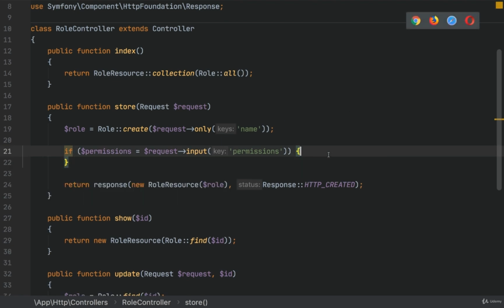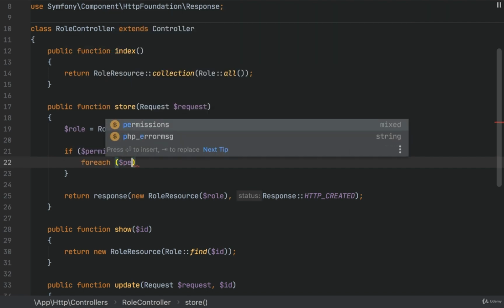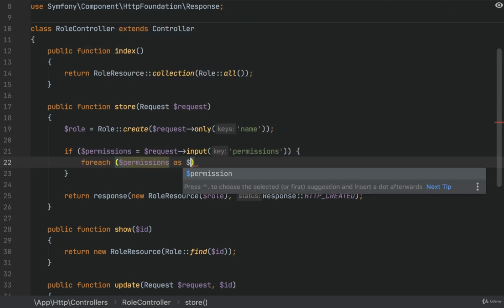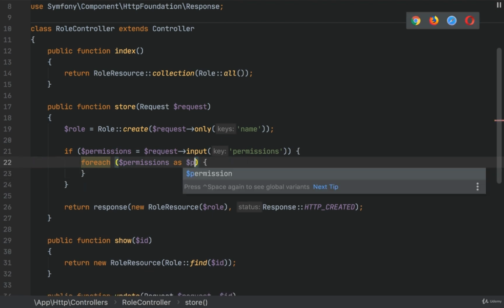So sometimes they will send an empty array, so we need to make the if statement. And now for each permissions as permission, this will be actually the permission